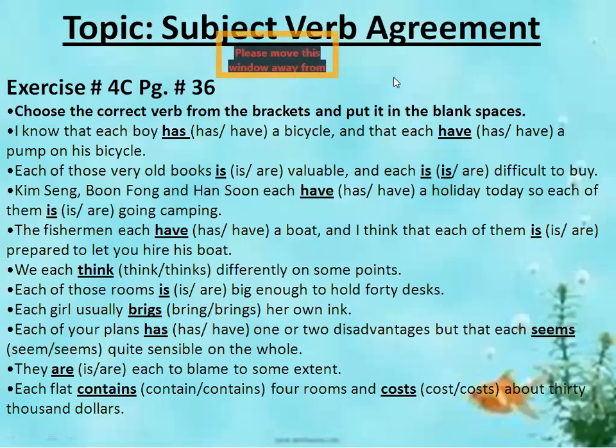Yes, Sania, you have to make the title page also. I have already told you all these things. First write down the index, then make the title page, and then come to the next page. Give the heading of exercise 4C, page number 36, at the red border. Then, on the very next line, write down this question, which is written at the top. Write down this question first, then start writing. Hurry up, very fast. You have to do this work.